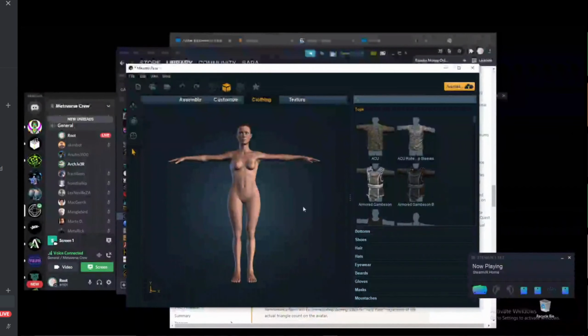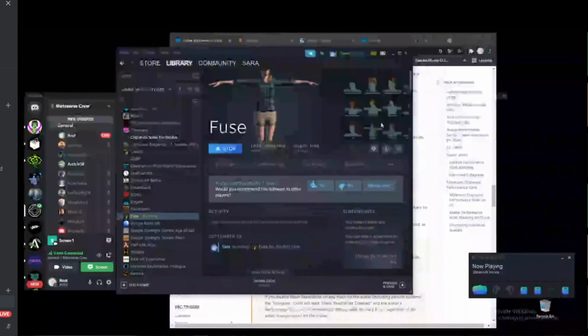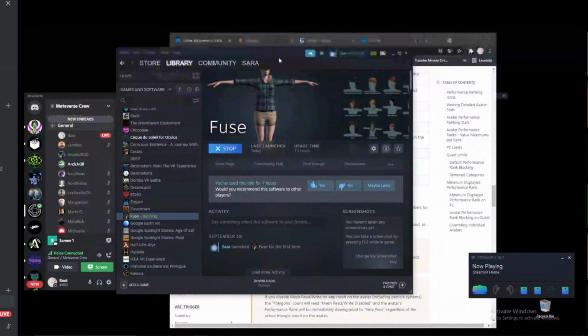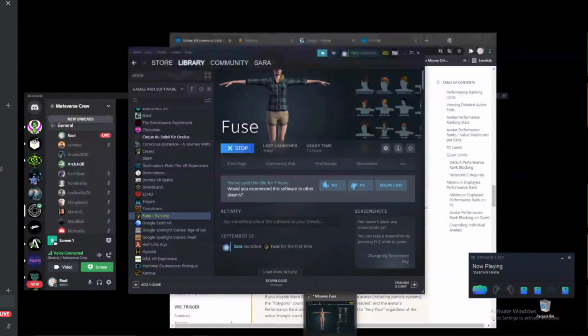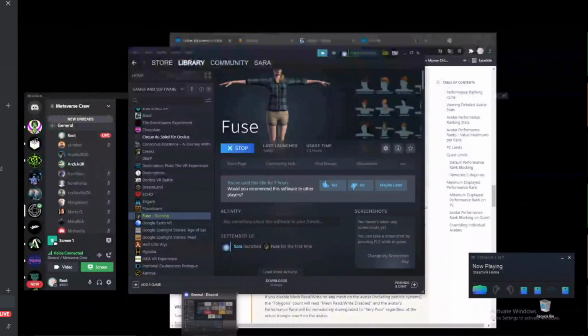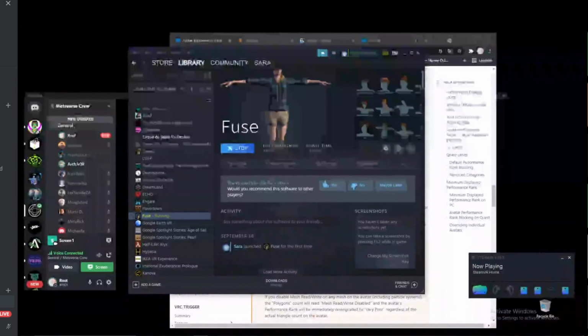And you can use those avatars as well, like this, but it's actually not that great. They have a pretty high poly count by themselves, like how Fuse exports them. So they actually don't work too well in VRChat. They're most of the time already poor. And so now I'm going to try to